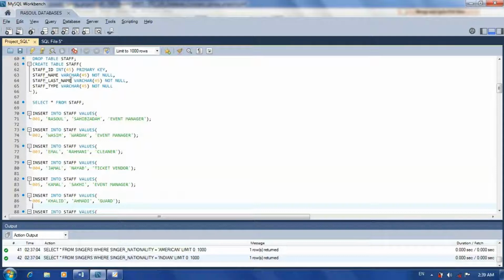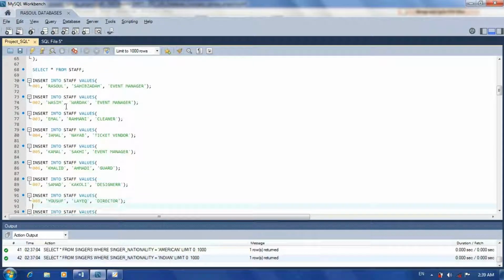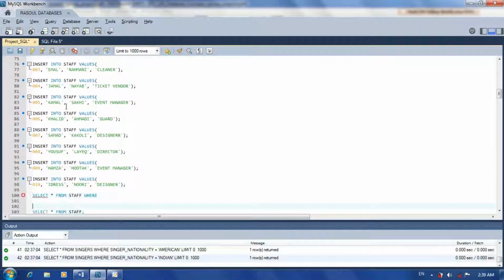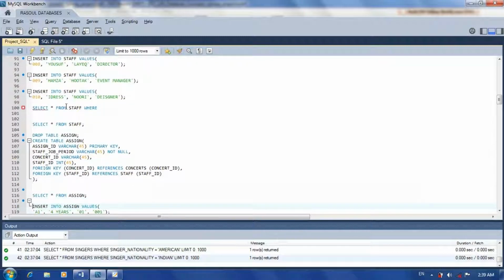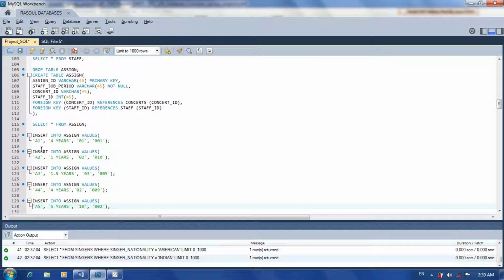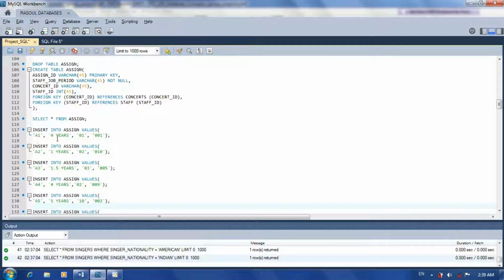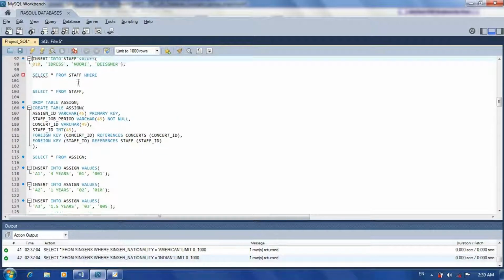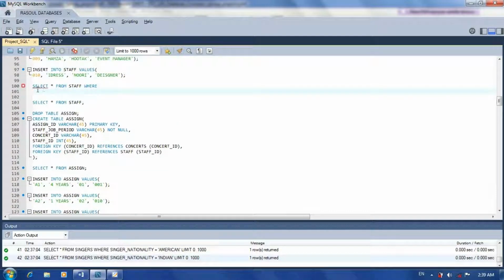Now we have the problem, event manager. I think I should use here... Yes, here I have 4 years, staff job period. I have a staff job period inside of the assign table. Okay, use here. Select all from. Now I should change staff to assign, assign table where